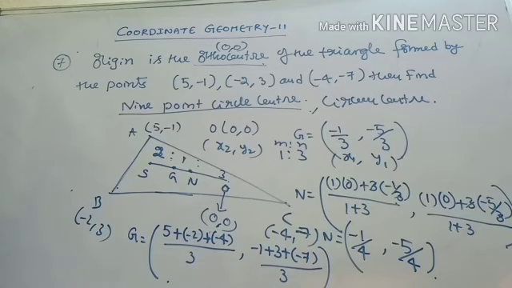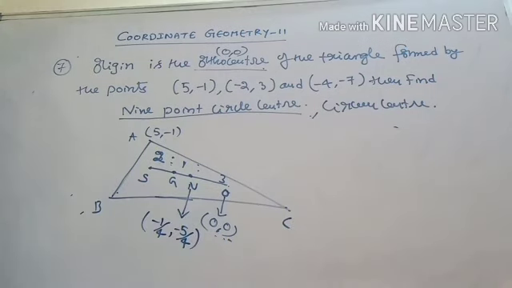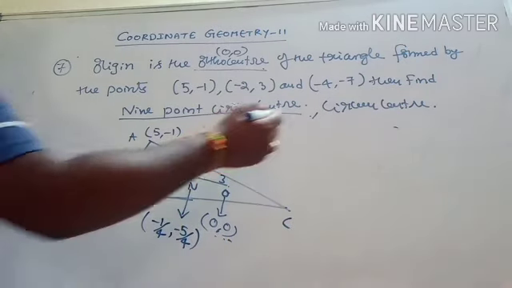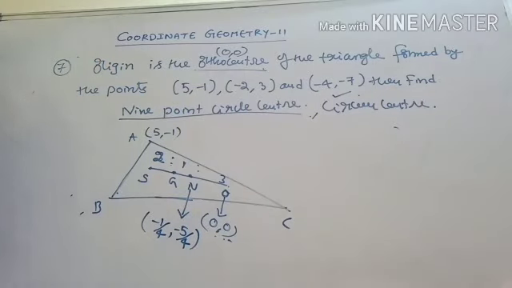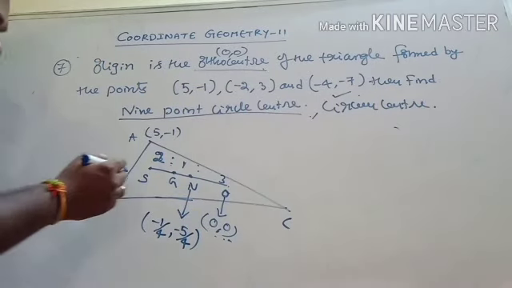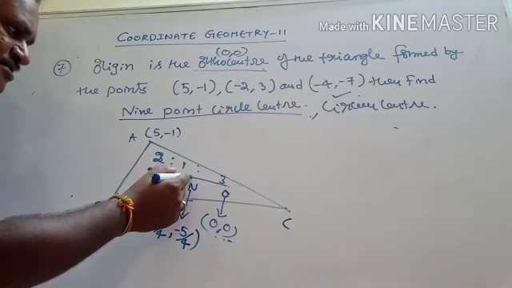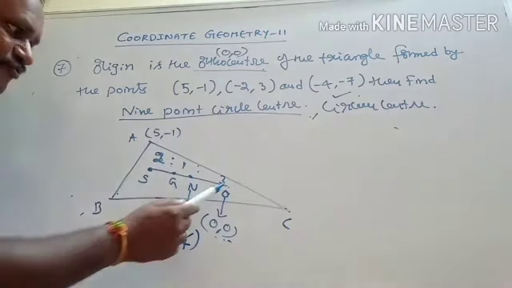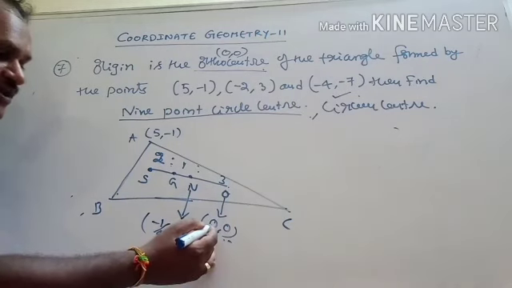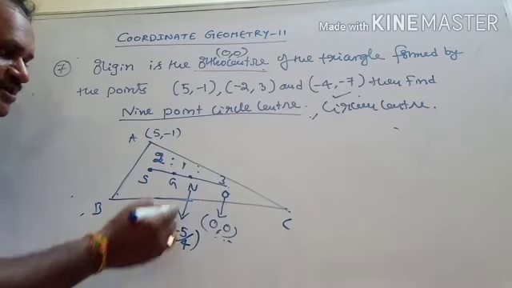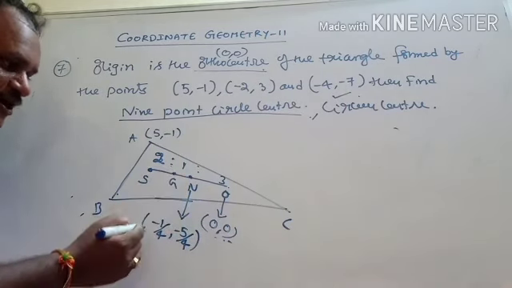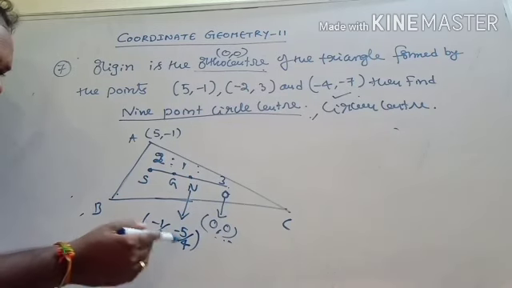Now we get the circumcenter also. Now we find the circumcenter also in this problem. We include how to find the circumcenter also. We know, my dear students, we told that this is the circumcenter, this is the centroid, this is the center of the 9-point circle and O is the orthocenter. O they given as origin, this is right. Now we only found the center of the 9-point circle, minus 1 by 4 comma minus 5 by 4, right?